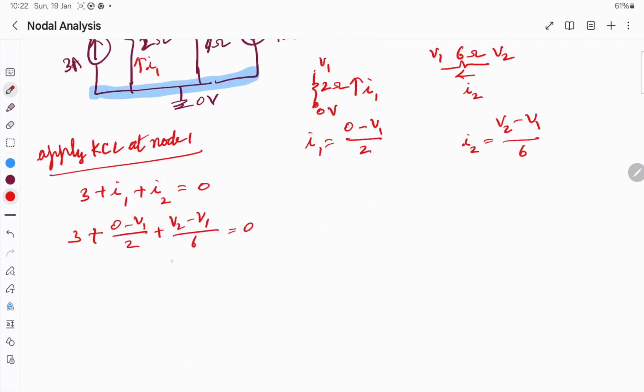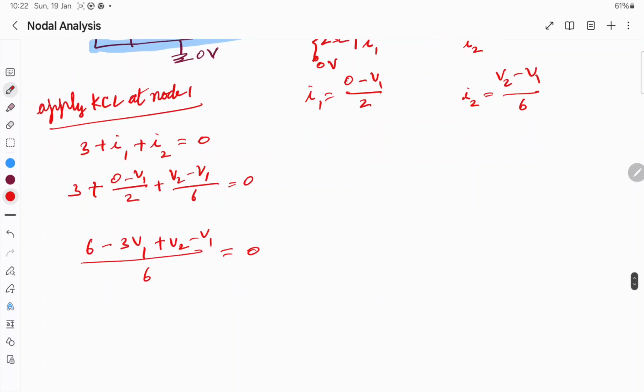Okay, take the LCM. 6 is 6 minus 3V1 plus V2 minus V1 equal to 0. So it is minus 4V1 plus V2 equal to minus 6. This is equation 1,